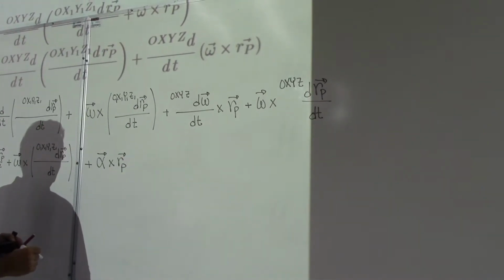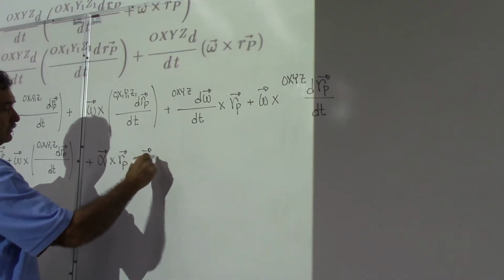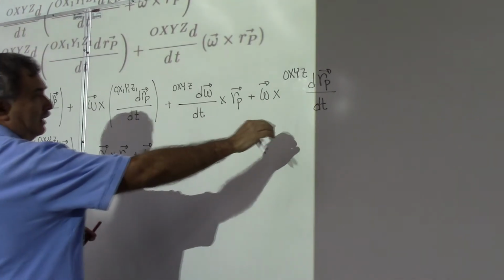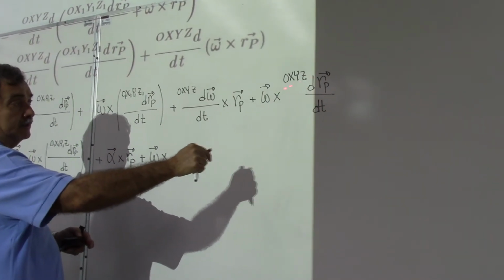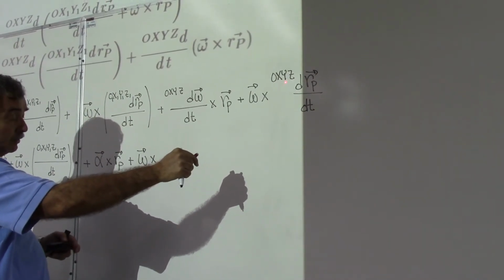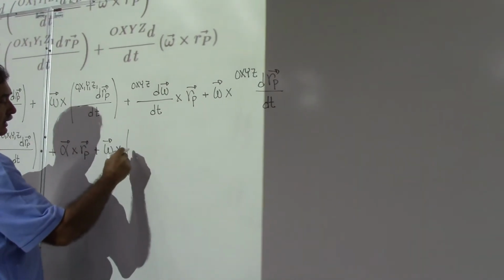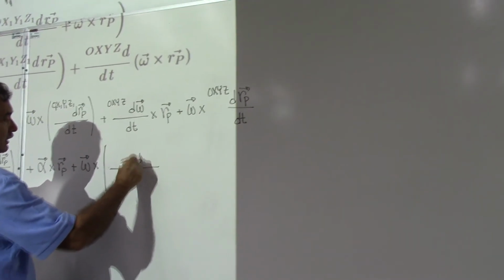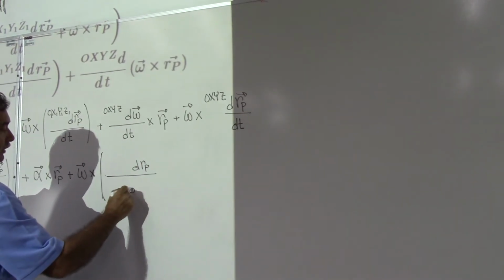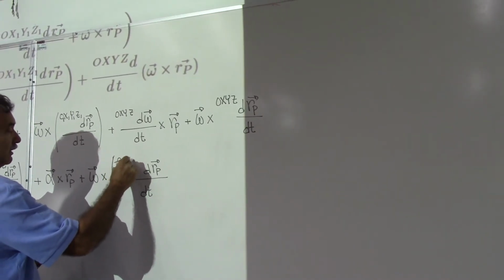And then we have omega times the derivative of Rp with respect to time and with respect to the fixed reference frames. But we know from the previous analysis that this can be written as follows. It's going to be the time derivative of Rp with respect to time and with respect to the moving reference frame,